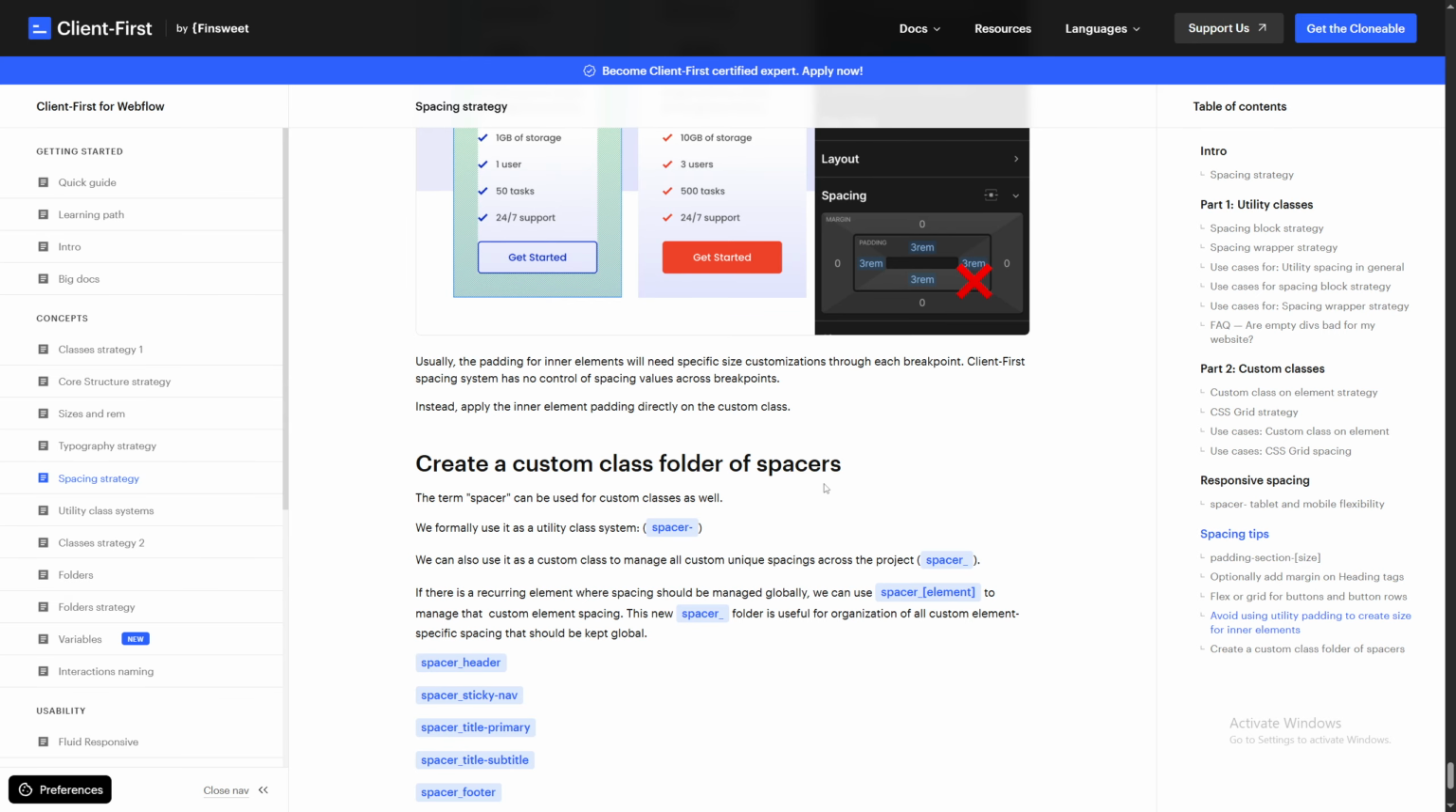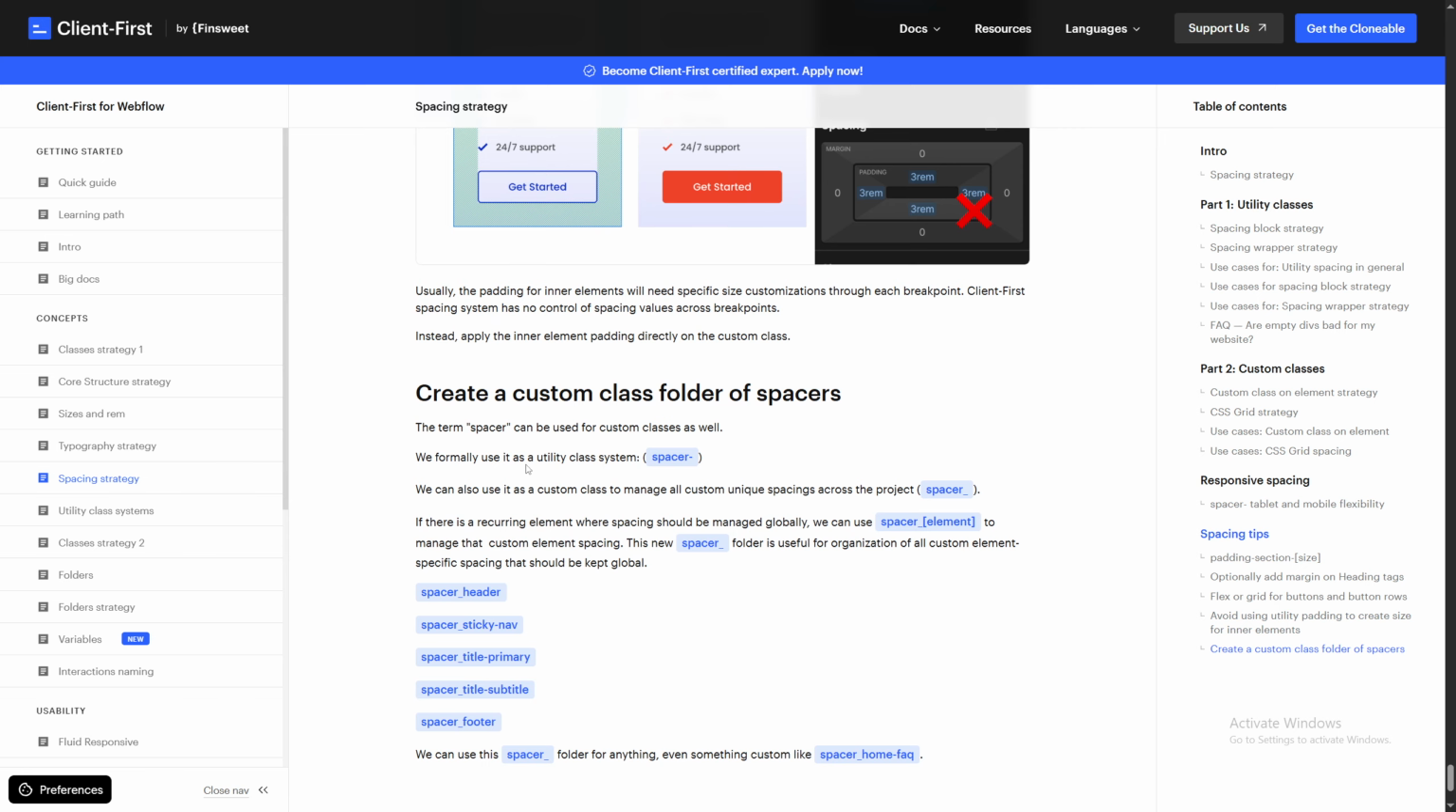Create a custom class folder of spacers. The term spacer can be used for custom classes as well. We formally use it as a utility class system spacer. We can also use it as a custom class to manage all custom unique spacings across the project. If there is a recurring element where spacing should be managed globally, we can use spacer element to manage that